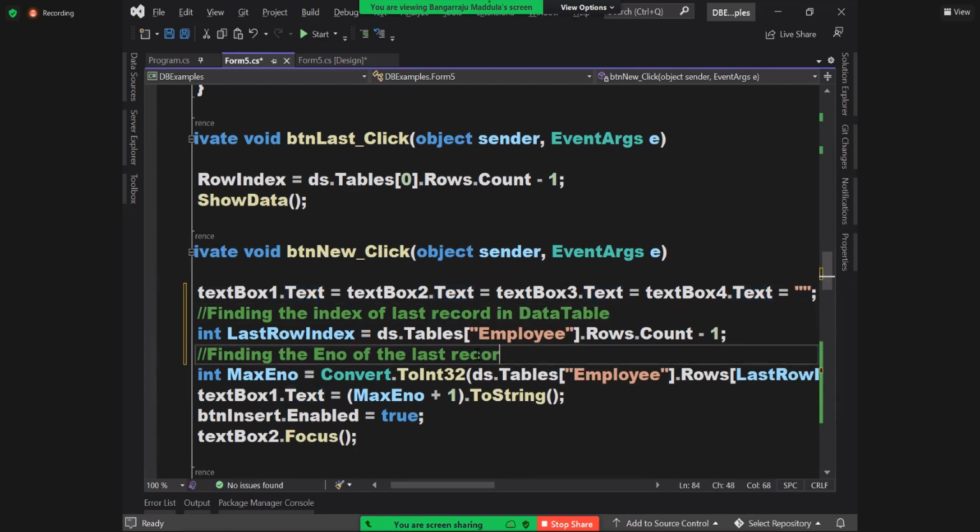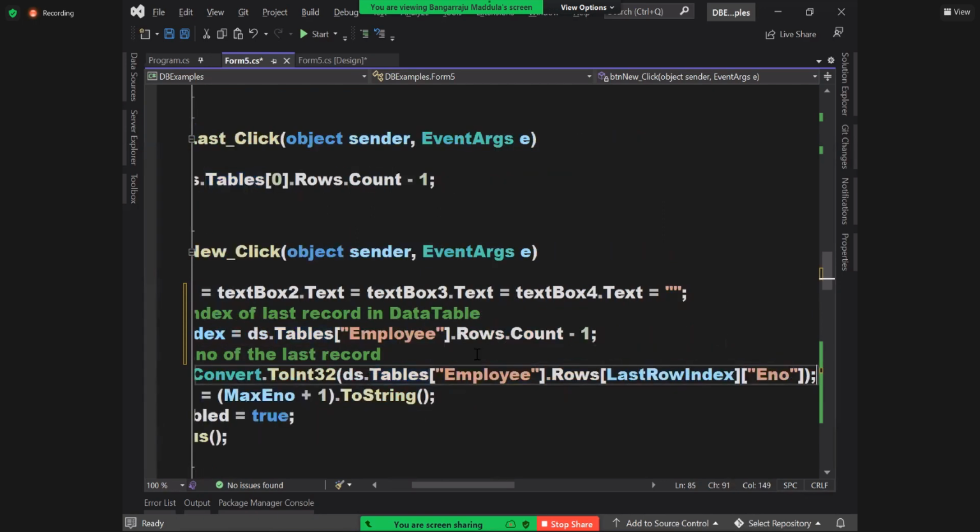Finding the employee number of the last record. Next,